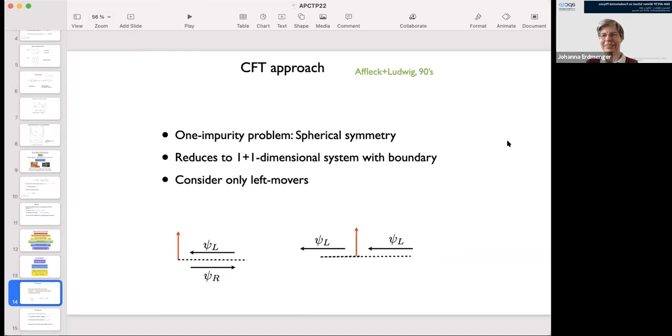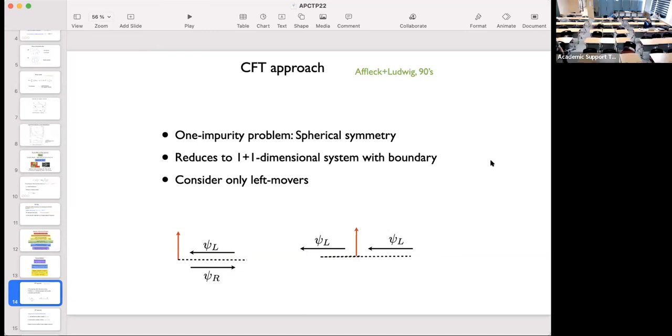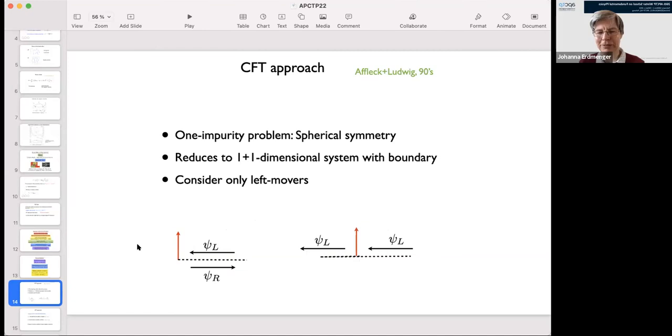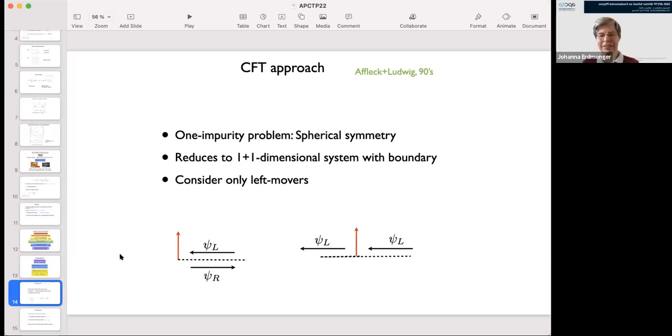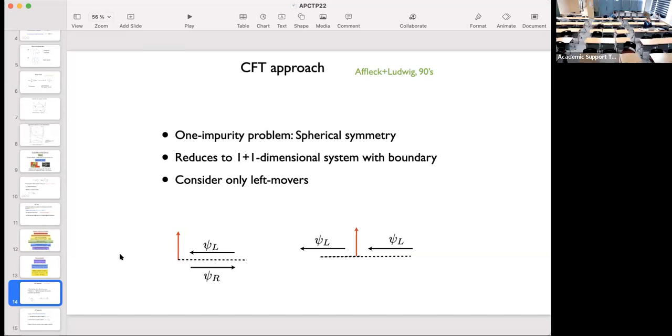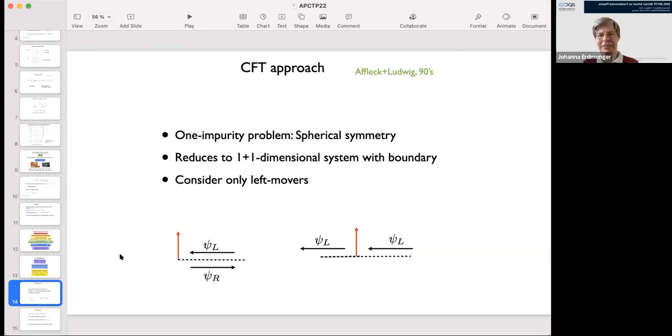Could you show some similar phenomena from QCD for the change in the boundary condition? Sorry, can you just repeat the question? I didn't understand. Because in this system you can change the boundary condition by the energy scale, but you also say that this model is similar to QCD. Could we see some similar example from QCD?